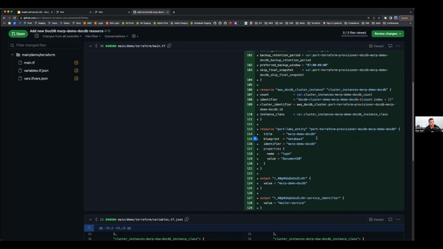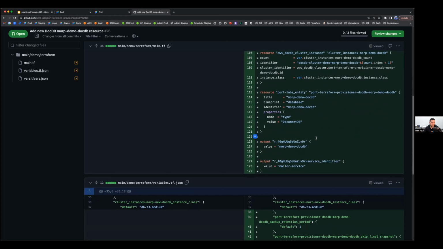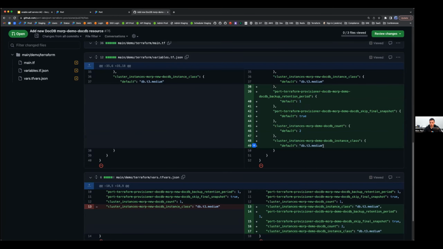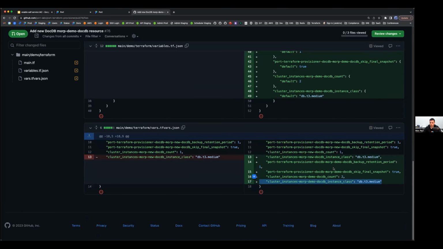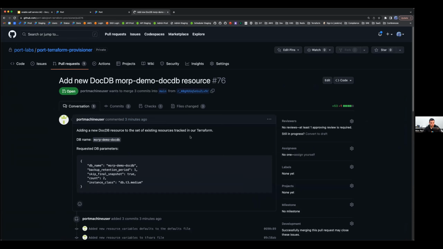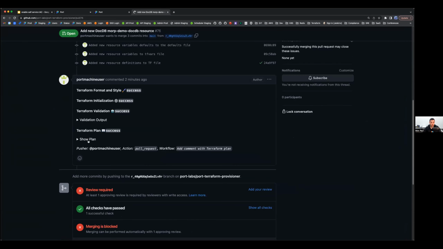And something that this lets us do, which I'm also going to show in a bit, is that after this new infrastructure is deployed, the developer can go ahead and say, the configuration I asked for doesn't exactly fit me. I need to ask for some change. For example, I need to increase the instance count. So the developer will have the option to invoke a different self-service action, which asks for these changes. So we can see here the exact parameters that we input, for example, the instance count of 2 and the instance class. And if I go into the conversation part of the pull request, then I will also see the